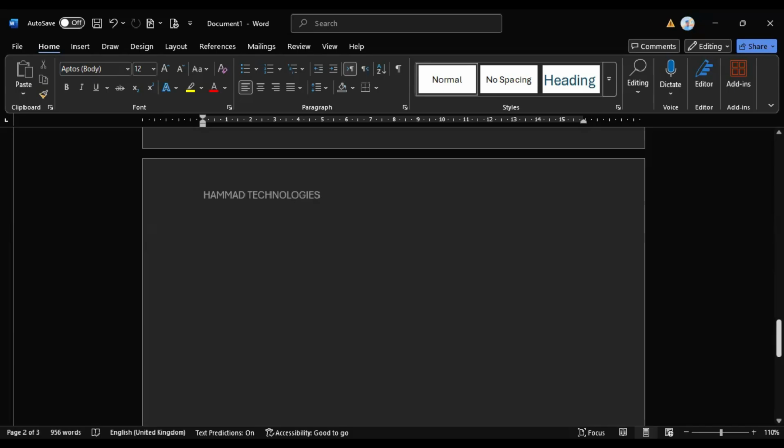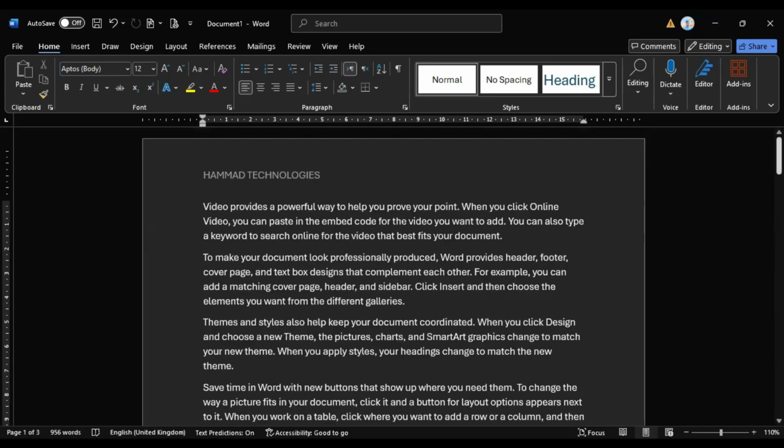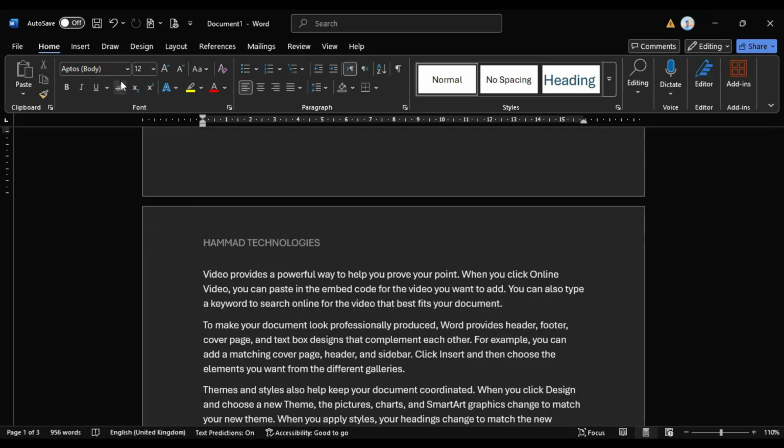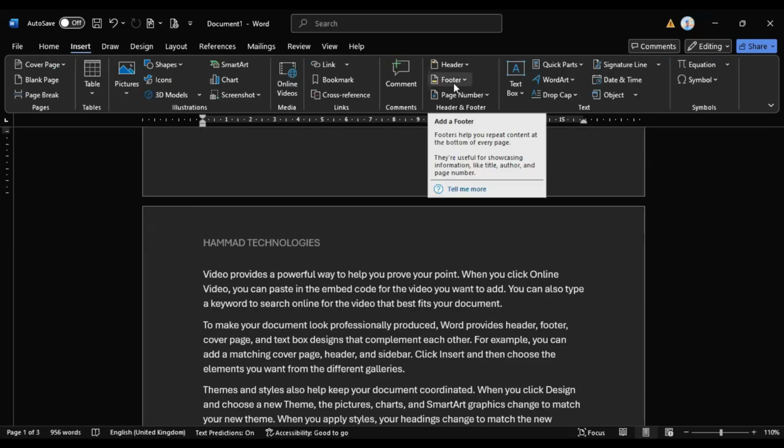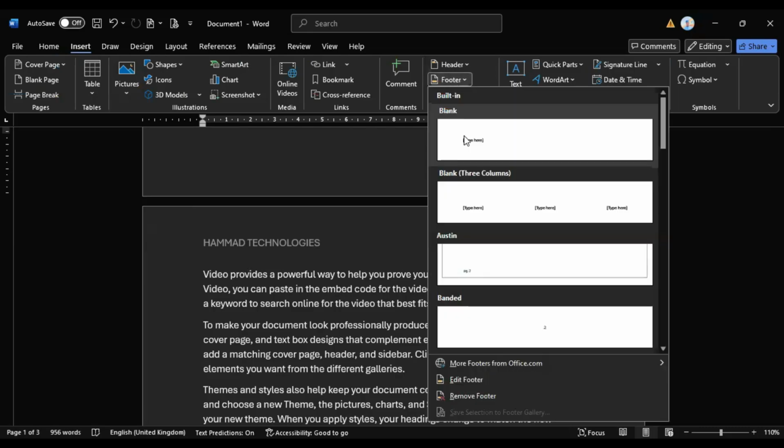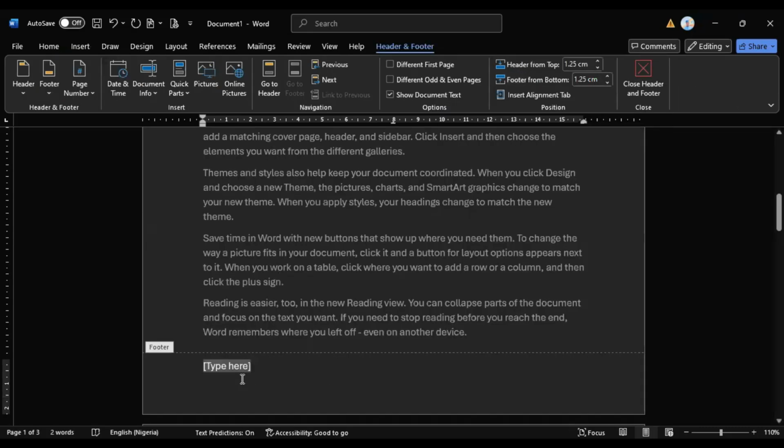So it is the same thing as footer. Also, footer shows your text at the bottom of each page. It's the same procedure for inserting it. You go to insert, and then you go to header and footer, then you click on footer, and then click on blank. You will see it highlight our footer like this. Then you can add what you want to add, let's say again,